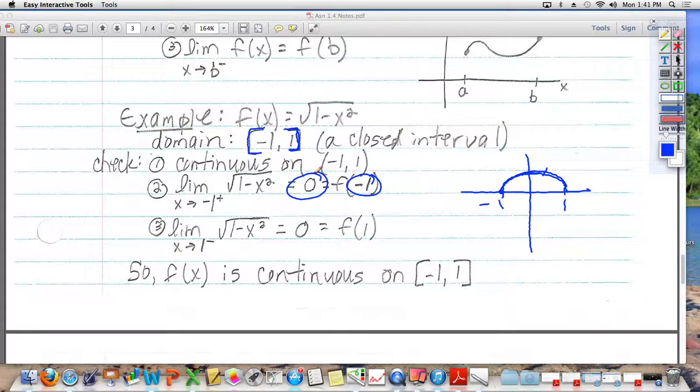What happens if you are approaching 1 from the left? So as we're following this graph, approaching 1, approaching 1, approaching 1, what is the limit as we're approaching 1? Should be 0. Is it the same as finding the value of the function at 1? F of 1 is 0. So all 3 of these are met, therefore the graph is continuous on the